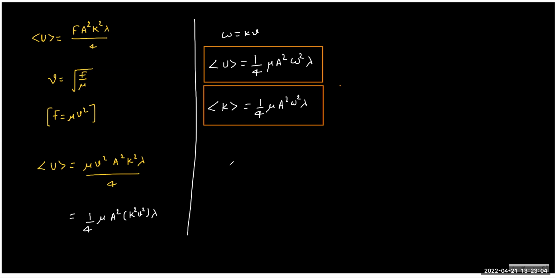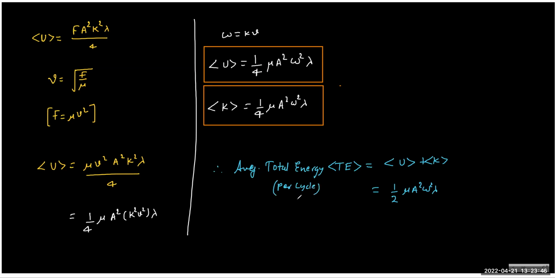Therefore, the average total energy is equal to U plus K, and because they are the same, it becomes half. So this is the total energy, the average supplied per time. So this is called the total energy per cycle. We are taking the average for one cycle actually, and it turns out to be this answer: